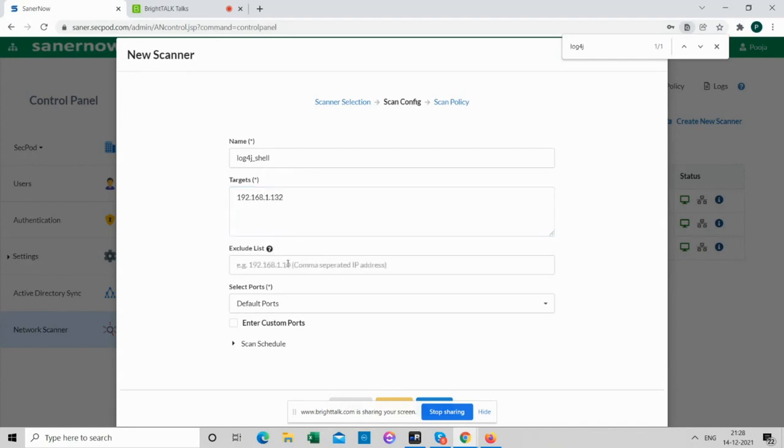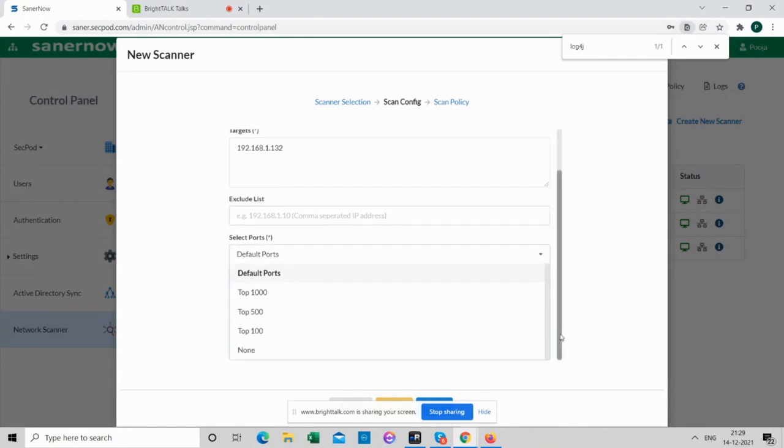Then exclude list. Generally in corporate environments, we do not want to scan some servers or critical machines. So if you're choosing the entire network, you can exclude specific devices and provide their IPs as a comma separated list. And then there is a drop down for ports. Any remote scan would scan on the open ports.